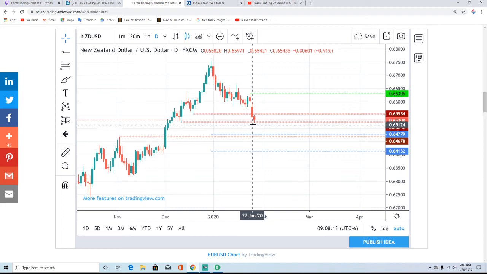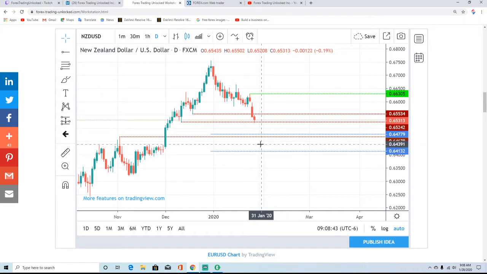If the low of today is taken out, then this thing really is a free fall, where this last swing high here at 64.67 is going to be our potential target. And one of the big things about this target is even if it holds up here, this is right where we have the 64.77, this first blue line. This is a major support target also. So right here you might see a short-term bottoming action if this bear continues to press on, with this area here at 64.13 most likely being the extreme.